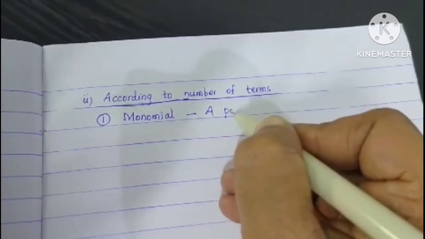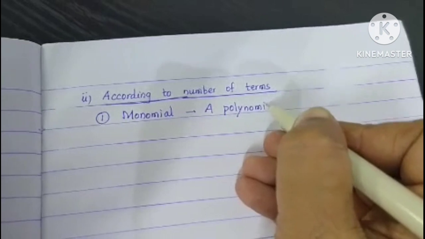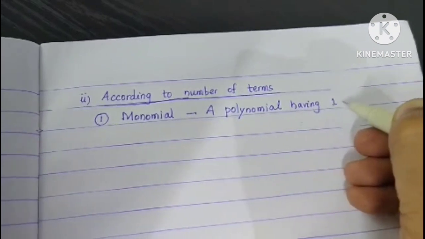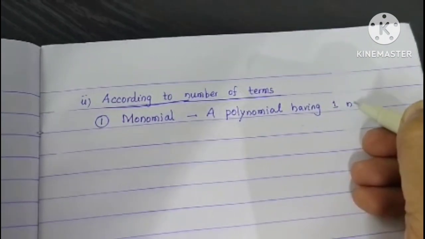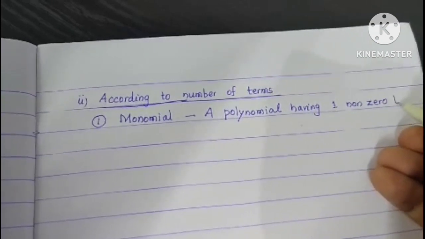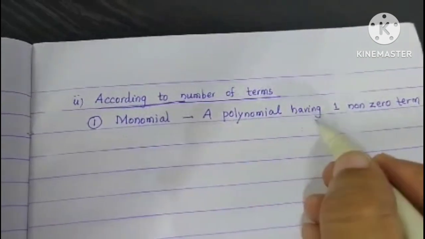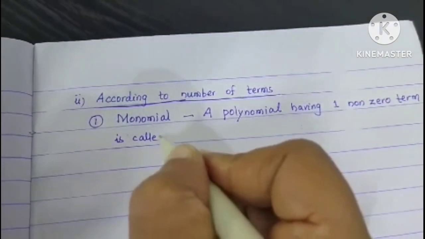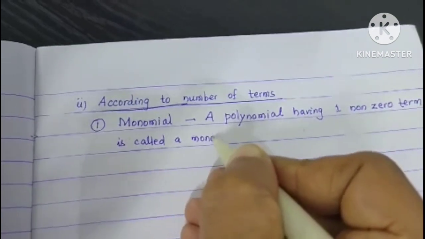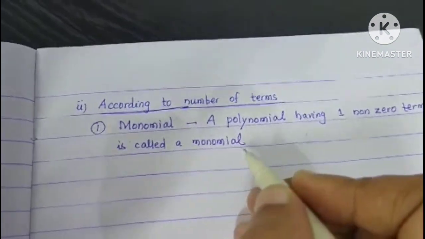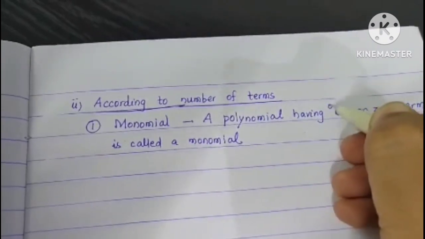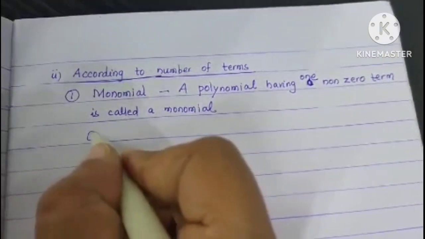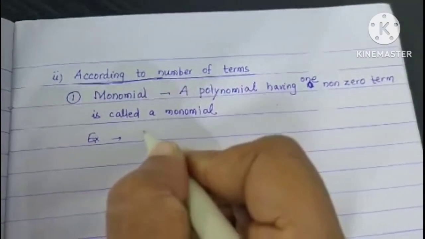A monomial is a polynomial having one non-zero term. A polynomial having one non-zero term is called a monomial. So this monomial will have only one non-zero term. You can write this one as one, it will not create confusion. So what will be the examples? Examples will be like this: 5x,